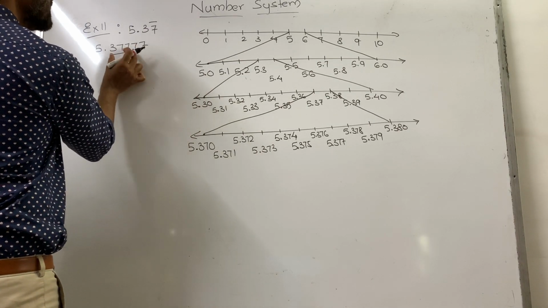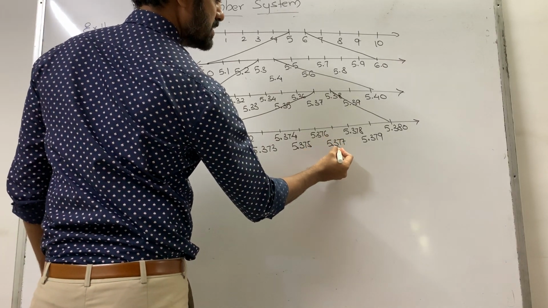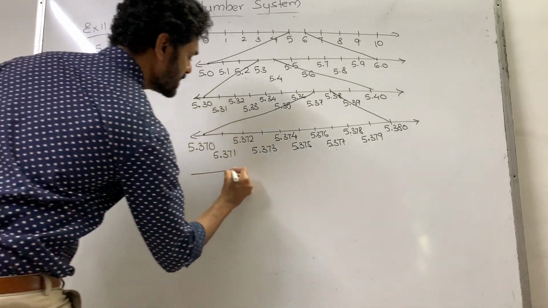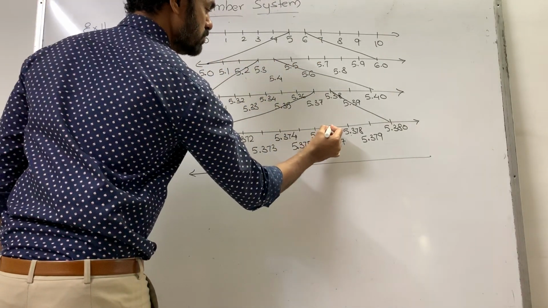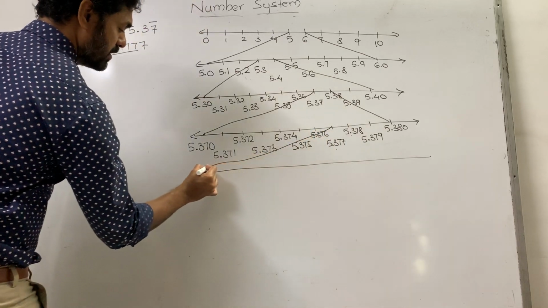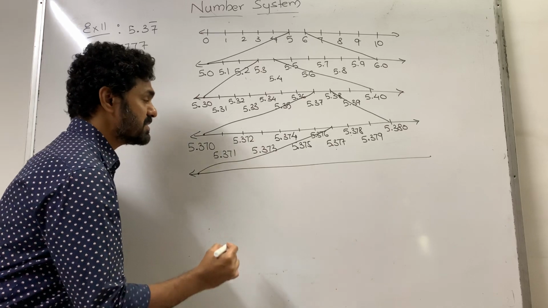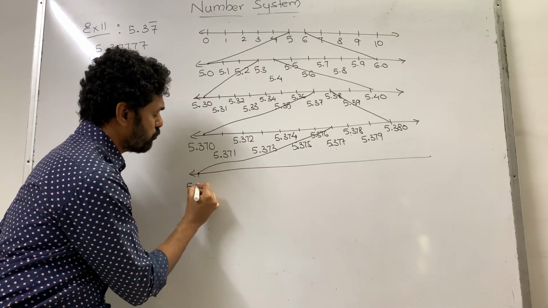Now 5.3777 would be greater than 5.377 and less than 5.378. So let's construct a new number line and we will zoom the region between 5.377 and 5.378. So this would be in 4 decimal places